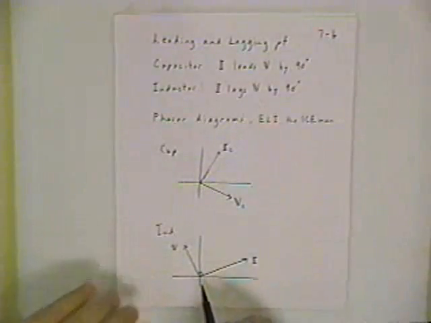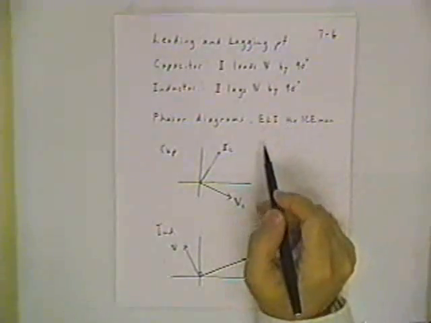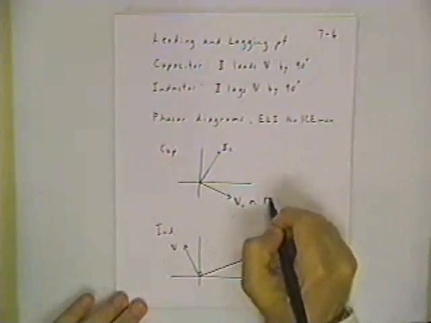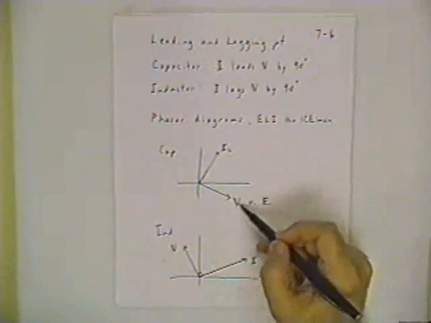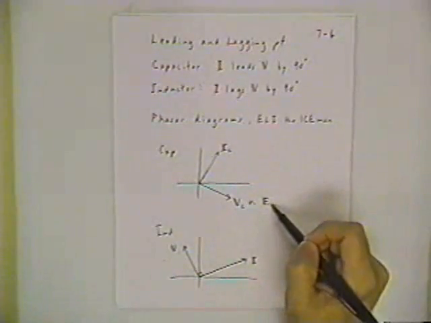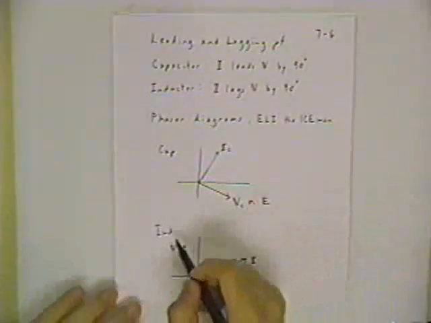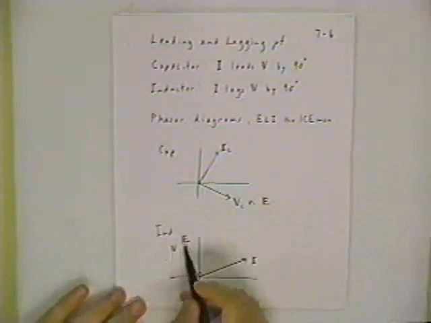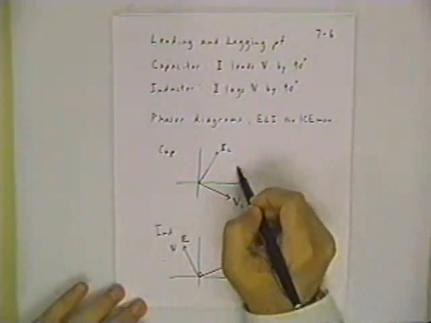Now, there's a nice little mnemonic to help you remember that. If you just go over to the alternate notation for voltage, which is to say E. Now, in electrical engineering, we generally don't use E for voltage because we like to use E for electric field, but throughout history, physicists have used E quite a lot for potential and potential difference. And so if we make the same change here, labeling both of these voltage phasors with E's, what we can do is insert the symbol representing the element,